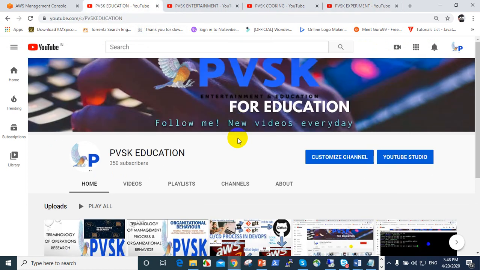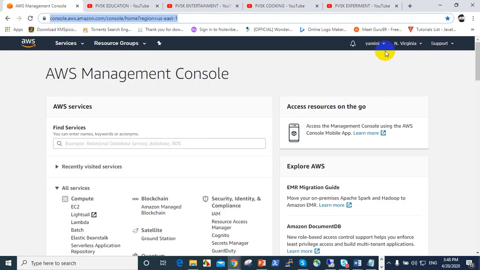Today we are going to see how to go to the Amazon console and how to create a user by using IAM, Identity and Access Management. So let us go to the console. Very simple. You can log in with the root account, giving credentials: username, which is nothing but the email, and password. After that it shows this console.